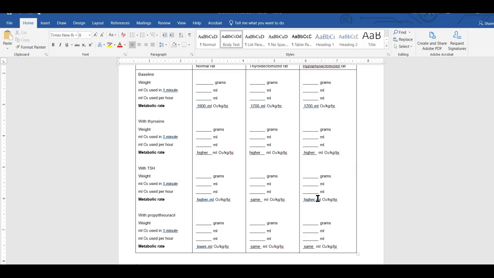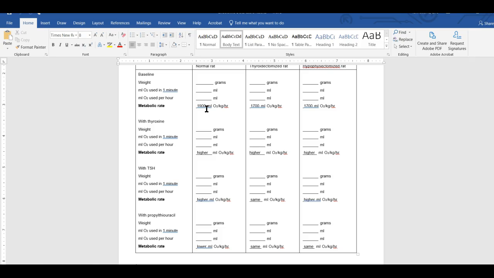Then the hypophysioectomized rat, recall this rat is missing its pituitary, so TSH is what the pituitary releases to stimulate the thyroid. So if you inject this rat, this number here should end up being higher than that number there, because you are basically replacing the TSH that rat's pituitary should be producing. And this number here might even be higher than the normal rat baseline metabolic rate,